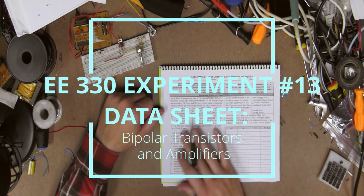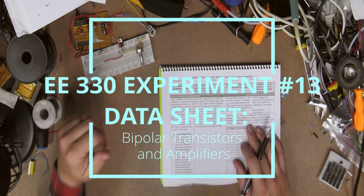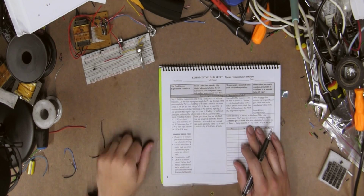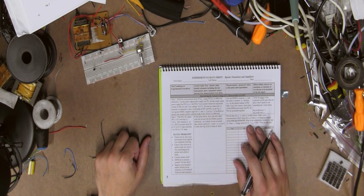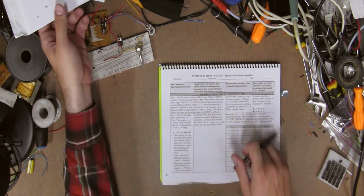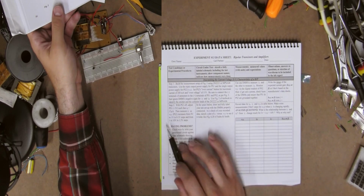Okay, so in this experiment, we're going to be messing with the 2N2222A transistor, and that's a fairly common transistor, so this should be no problem at all. So we're going to actually just build this circuit over here in,